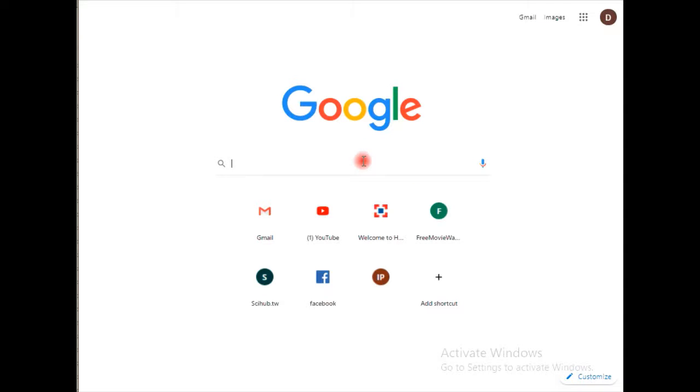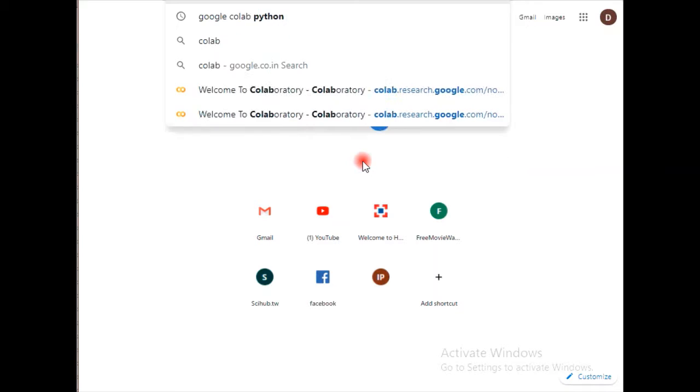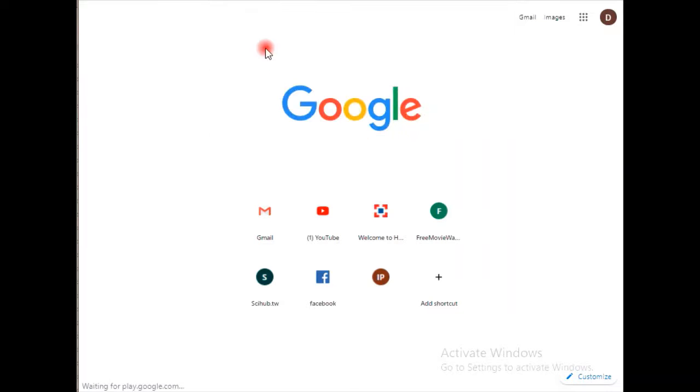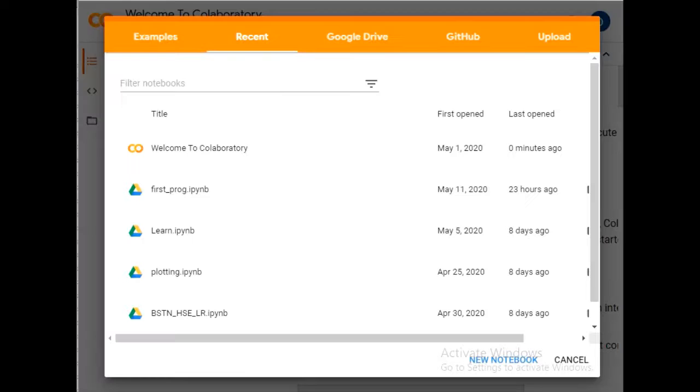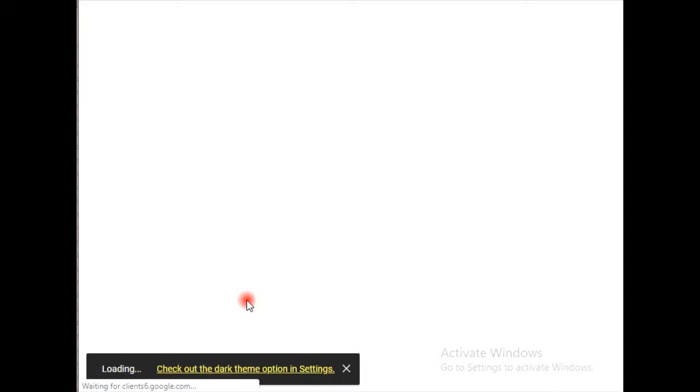So it is good to type up here Google Colab. For those already working with us, we are creating all this learning within a common file that we created previously. It's the firstproc.ipynb file, so I'm going to open this one. You can create your own new file.